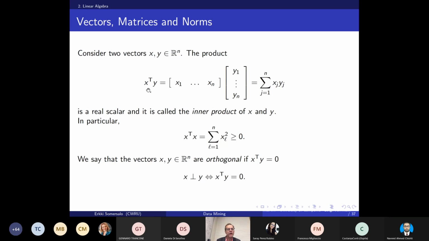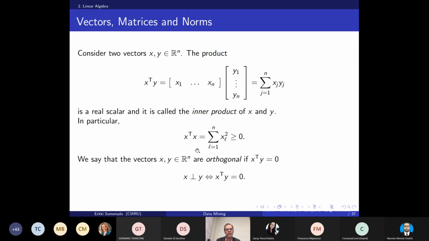Now we are defining the inner product, or the dot product, of two vectors of the same size. Take x and y. Now take the transpose of x, so if your x was a column vector, the x transpose is a row vector. And then you have the y vector. They have the same number of components by definition because they're in Rn. You multiply these vectors component by component, and then you sum up. And so out comes a scalar. This is the inner product.